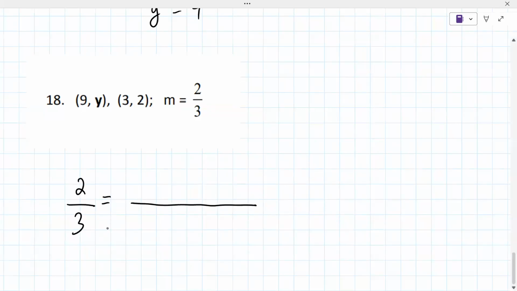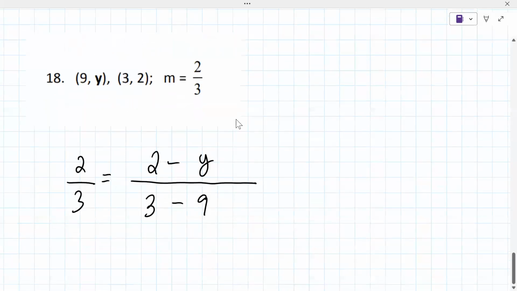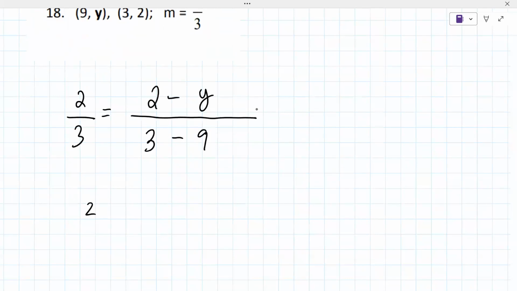Is that okay? So far? And then it's 2 minus y again. And then it's 3 minus 9 on the bottom. Okay. So now tell me, what does the bottom become? -6. Okay, so just like the previous problem,